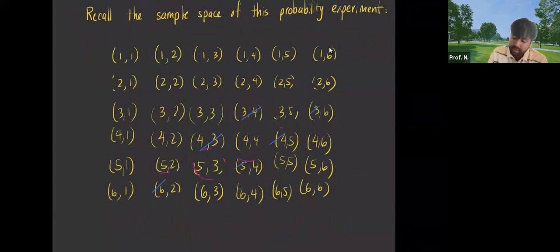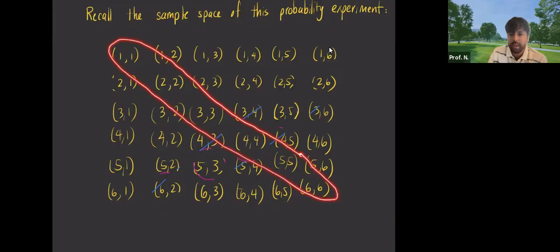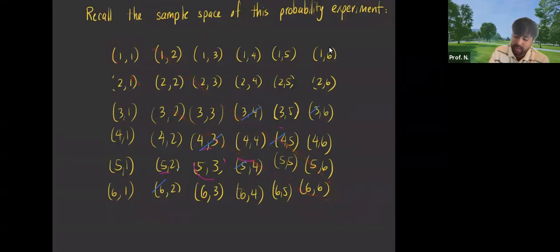First of all, which of these outcomes have the same number up here? If you see that, it's across this diagonal, right? Each of these rolls, the first and the second roll, are on the diagonal, correct? And just note that the sample space outcomes